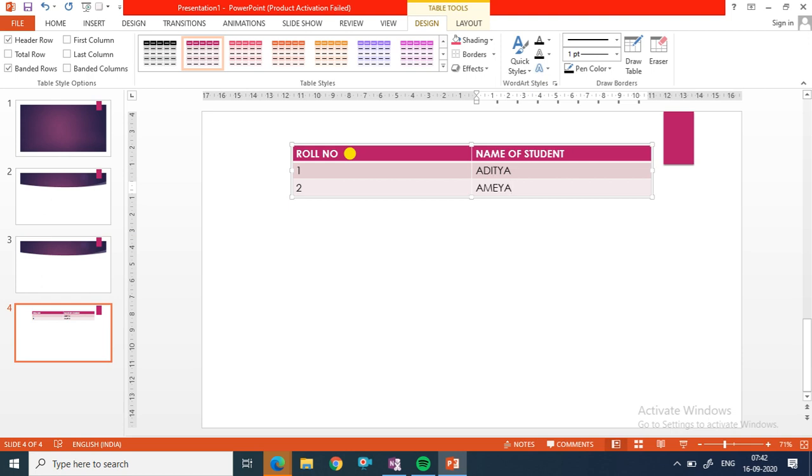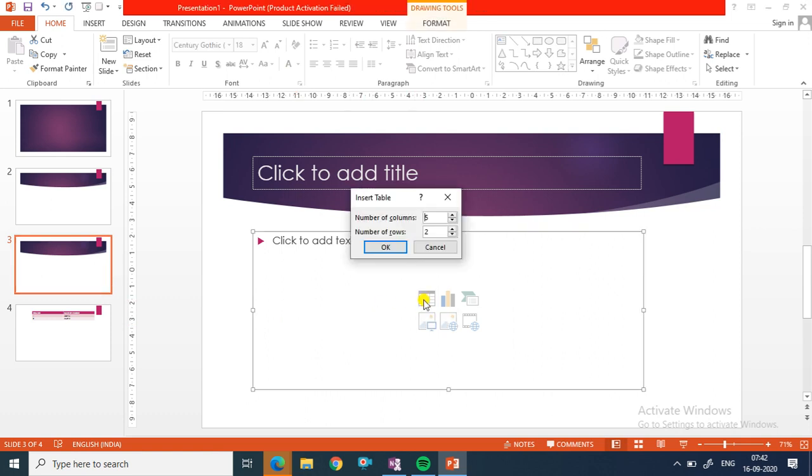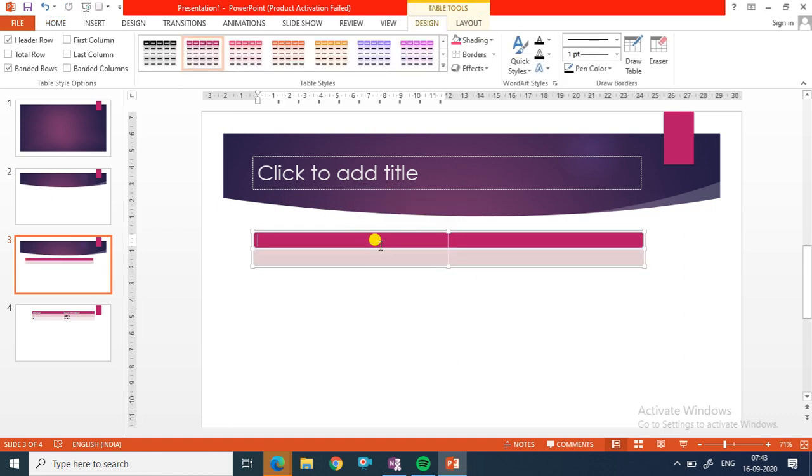Now this is what by using the insert tab. Now here just using the table placeholder, select the slide layout that included table placeholder. Just click on table placeholder icon. Okay, a dialog box appear where you have to enter the number of rows and number of columns. Suppose I want two columns and 2 rows. So in the same way table is inserted. Okay.